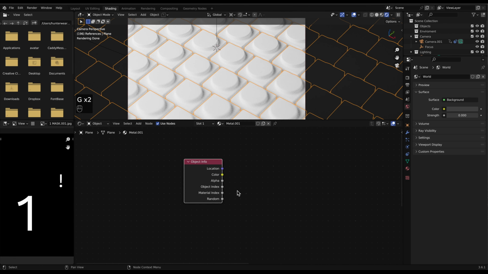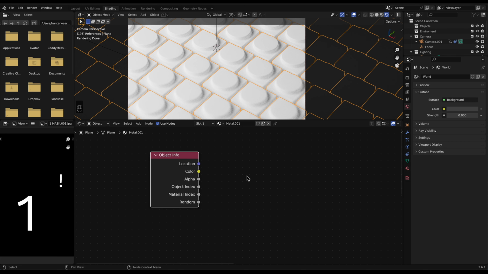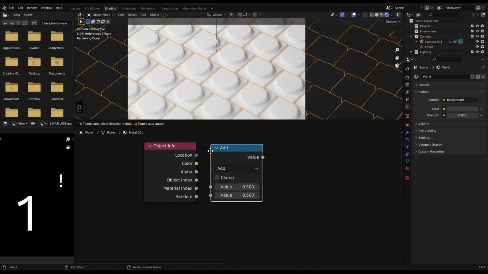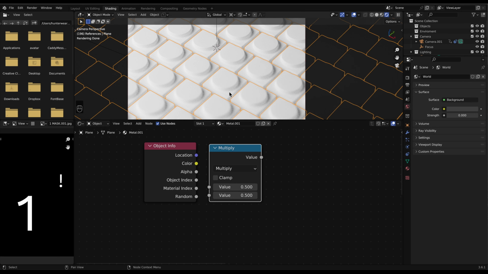And we're going to start using some nodes that can be a little bit confusing. Blender uses a lot of maths when you start getting into this stuff, but hopefully I can explain it so that you can understand it. So the first node we're going to need is a multiply node. So Shift A, we can press S to search. Multiply will be under math, so it's under a math node. And then what we can do is switch this to multiply.